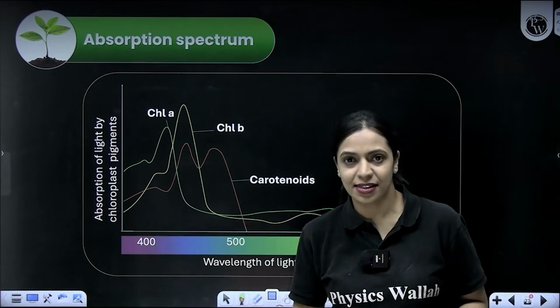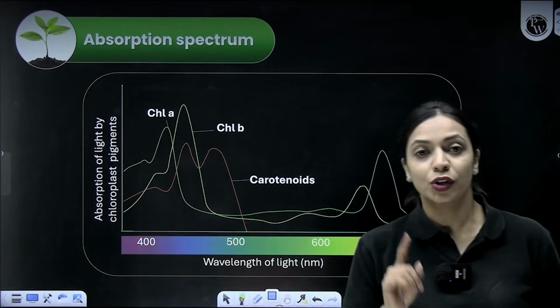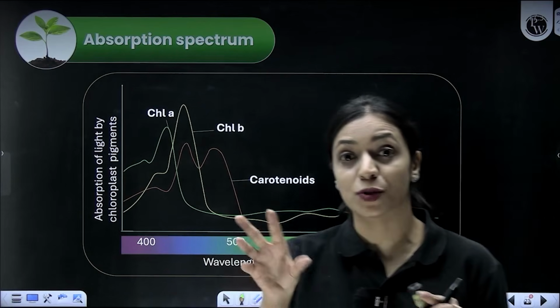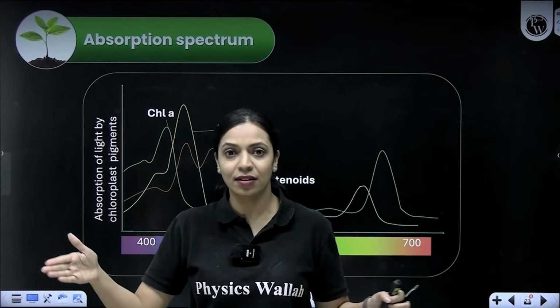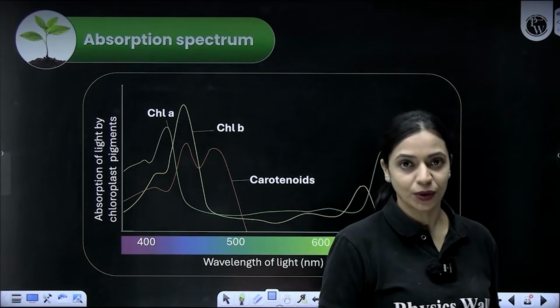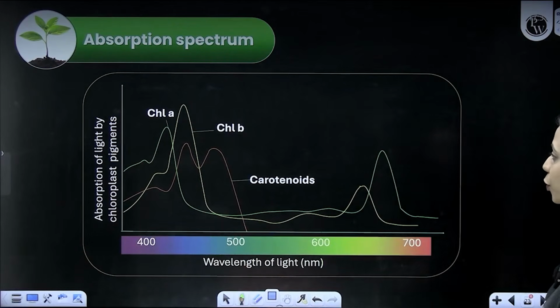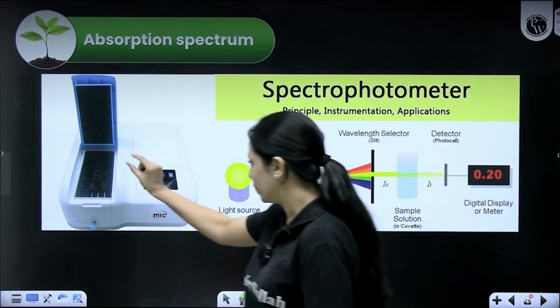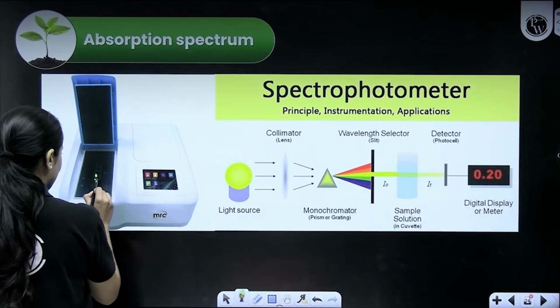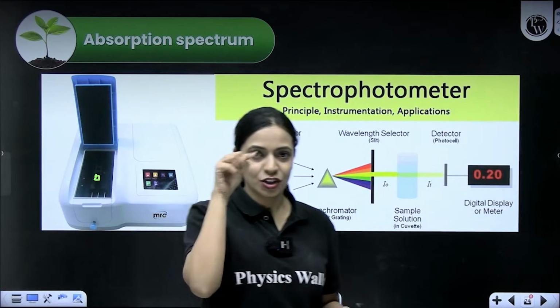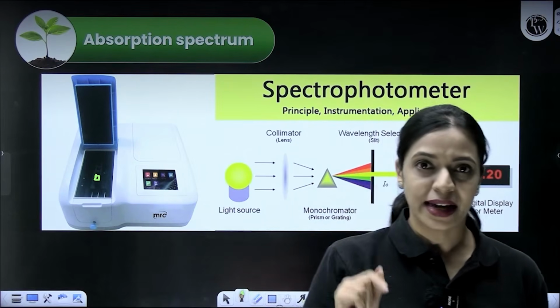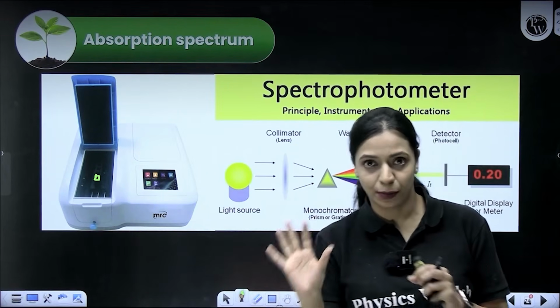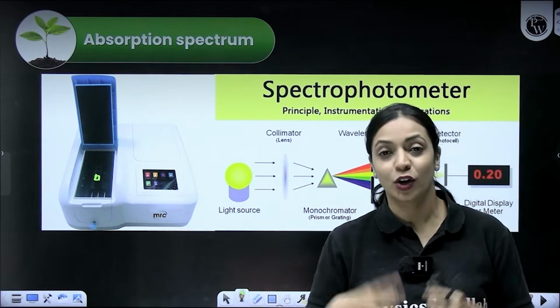So from that, let's say you have isolated chlorophyll A. You want to find out whether chlorophyll A will absorb the same amount of light across the visible spectrum. So what do you do? There is an instrument called a spectrophotometer. You will place your sample inside the spectrophotometer here. There will be a small square-shaped tube of sorts that is called a cuvette. Inside that you will add your chlorophyll A separated pigment, just chlorophyll A, not that mixture of